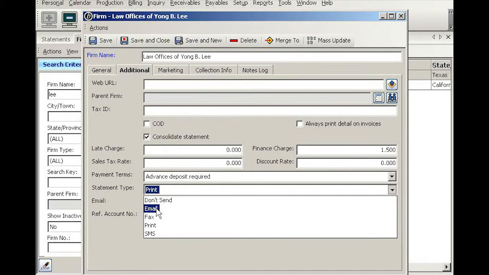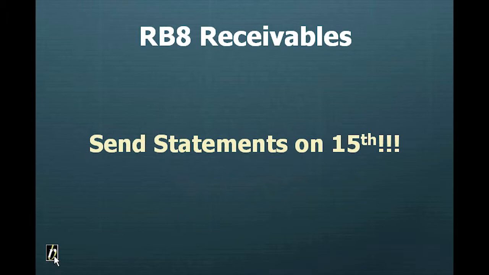Now the last point I want to make about generating finance charges and sending statements is the fact that you should not, like most people, wait until the end of the month to send the statements, because by the time your clients receive those statements in the mail, they have already passed their payment cycle. So my recommendation is that you start generating finance charges and then sending statements out on the 15th of each month. That way, around the 20th, no later than the 22nd of each month, your clients will have the statement sitting